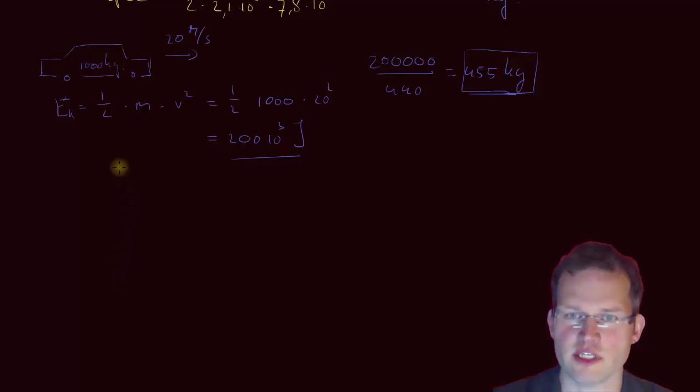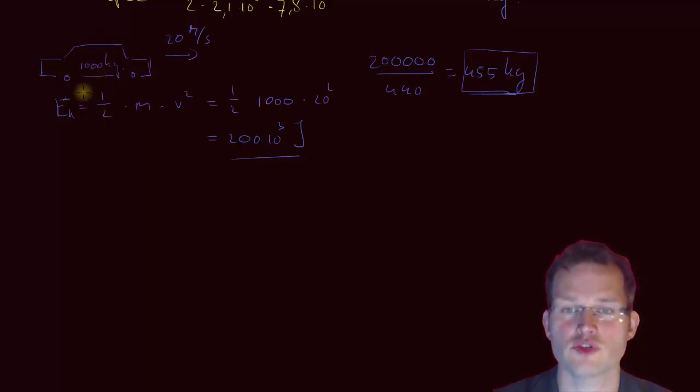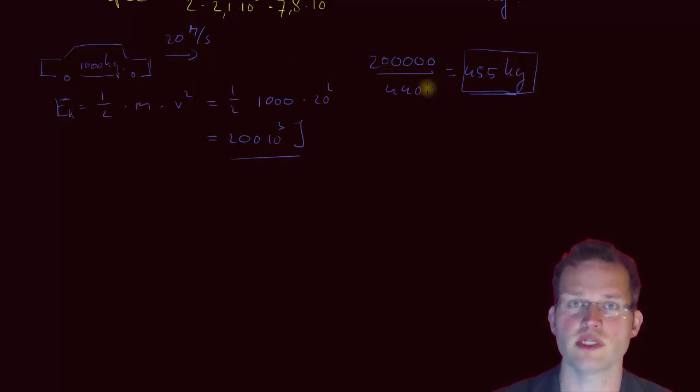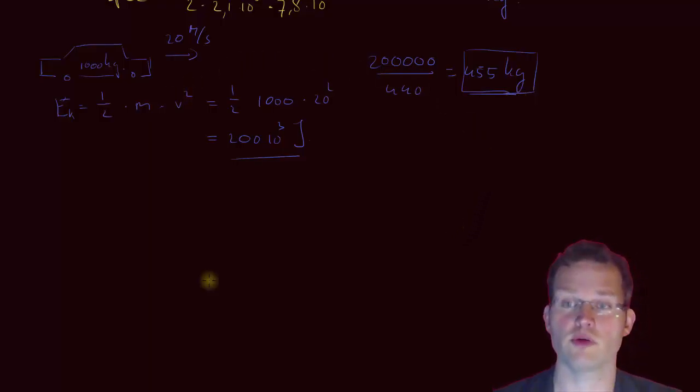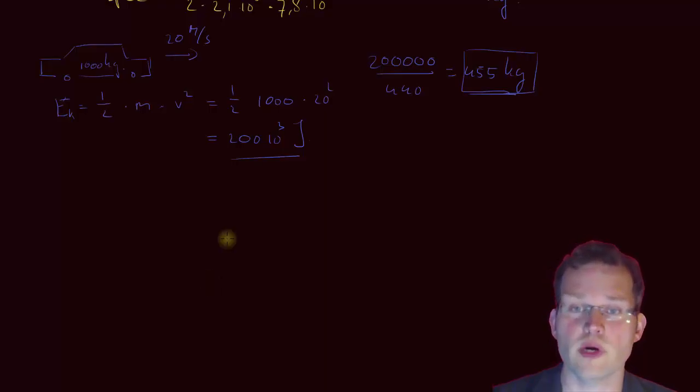So we arrived at this little problem where we have this car which weighs 1,000 kilograms, and to store all this energy that is in the moving car into a spring when it has to stop for a traffic light, for example, the spring would need to have a mass of 455 kilograms, which adds to the weight of the car if you want to take the spring with you. So the new weight of the car would be not 1,000 kilograms, but